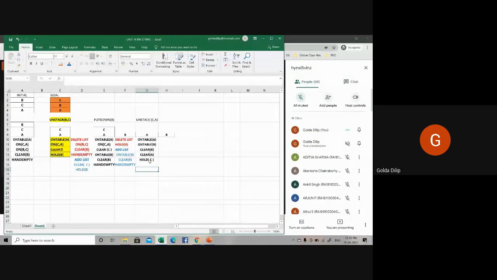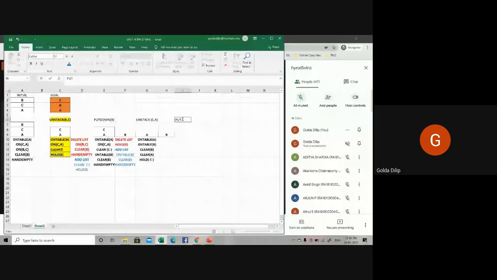So these are my preconditions. Appropriately, you can write your delete list and the add list. We deleted on C comma A and clear C, and these got added. So that can be my next step: unstack C comma A. Then after unstacking, what will be the next step? It will always be put down, because the robo arm is holding C, so I need to put down C. Add and delete list, you write it. I have already written for two actions.